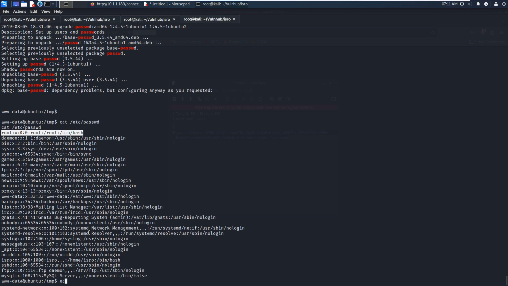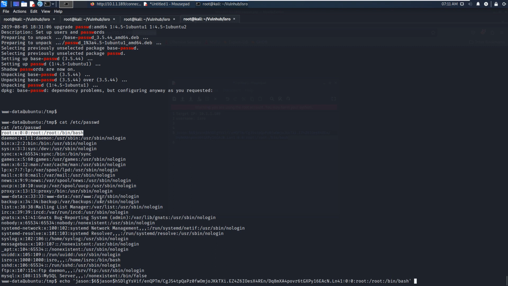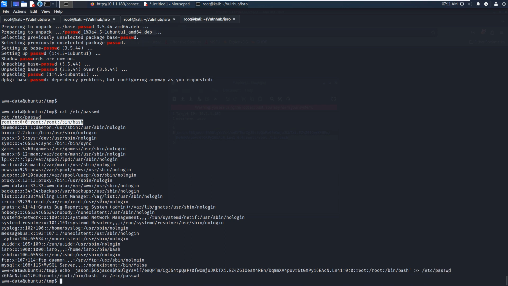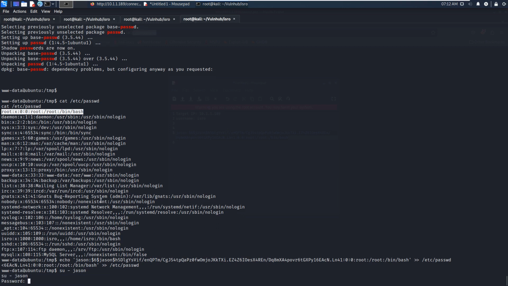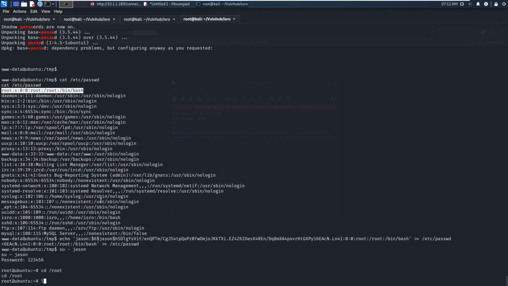So next we can use echo, and we can paste in here, and append. We must use append and not overwrite the etc passwd file. No error. Now we can switch to the JSON user. This is the new user we have just created, right? And we can input the password 123456. It's done. As you can see, we have already become the root user, and now we can navigate to the root